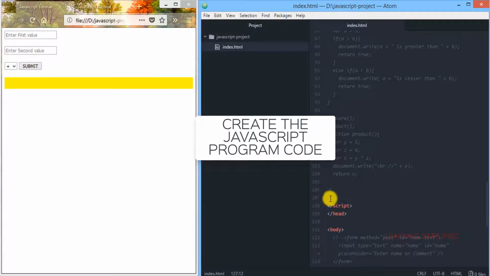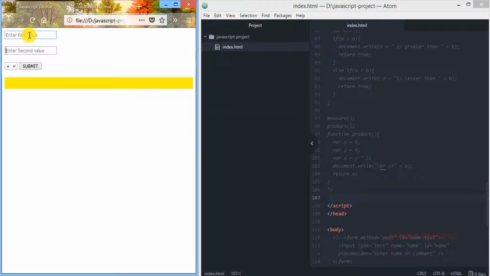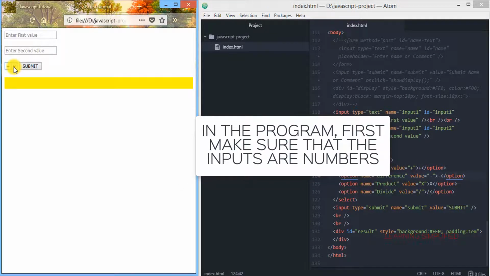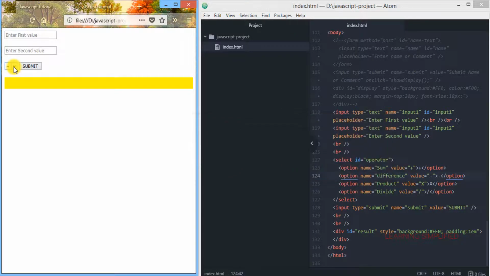Here the first thing we can see is that there are two input values that we have to retrieve from this form field, and then we have to make the necessary arithmetical operations. Those are provided over here. After retrieving those data, we first have to interpret logically that those inputs are numbers practically, not a string or characters or words. So this is the first thing we need to ensure.